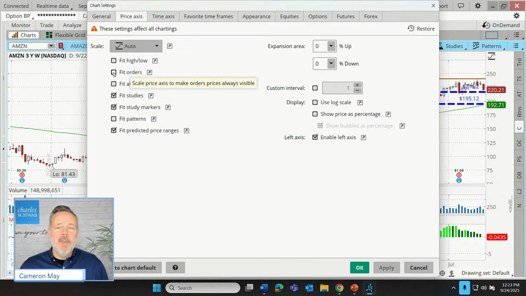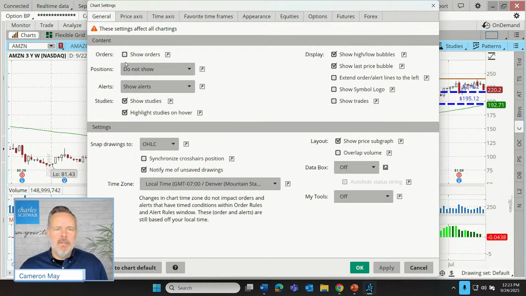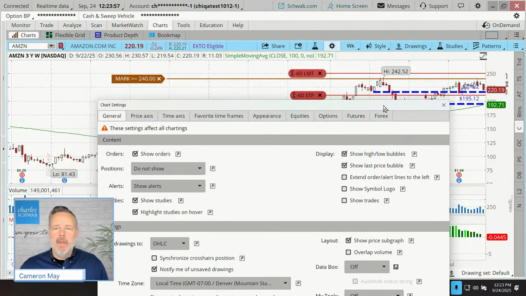Fit orders. One thing you didn't know, actually, yes, you did. When I was showing the orders here, so now that we know that we can show orders, let's apply that on our chart. You can see my limit order right up here. Sometimes we'll have an order in place that's off the top of the chart.